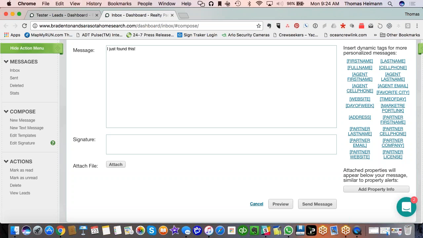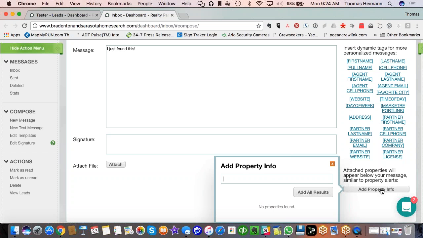So there's a lot of pre-configured things you can pop in here, but you can also down here add property info. Okay. And when you click on add property info, this little field pops up, and you have one of two possibilities here. You can just copy and paste an MLS number from a listing, and that will insert